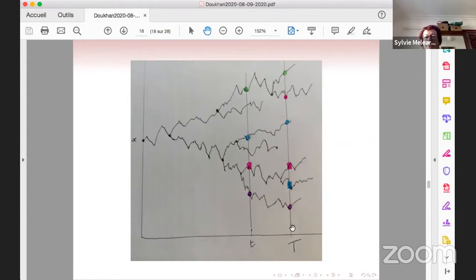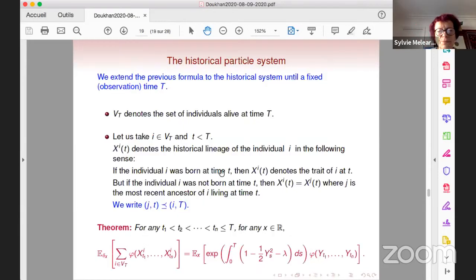And we know that the law of this total path can be described by the law of the trait values at different times before capital T. And so we can generalize the formula we have seen in the previous slide by studying, as before, our observation time capital T, and we observe, instead of just things at time